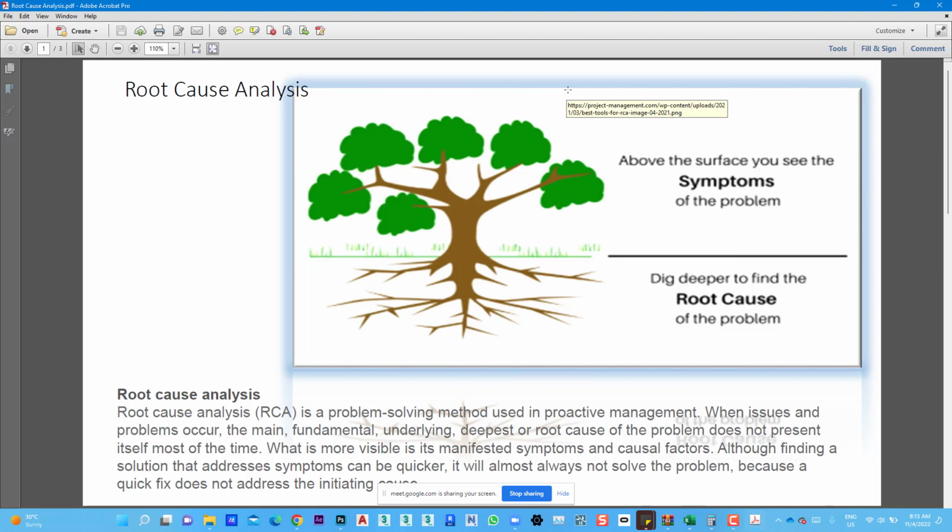most of the time. As you can see there, there is a tree, and on top of that we can see the symptoms of any problem. We can identify this particular tree as the problem. So the above, what we can see, are the symptoms, and the roots are what is causing the problem. So whenever we are doing this,